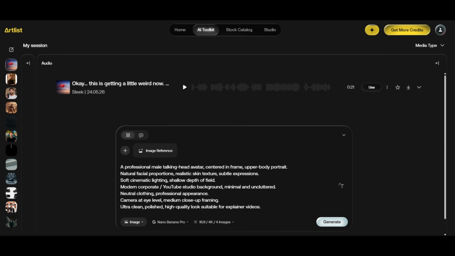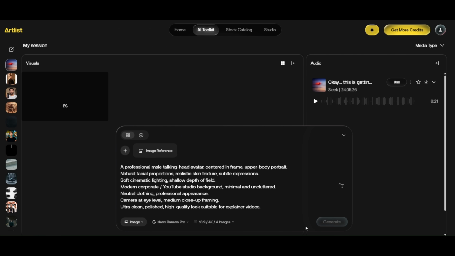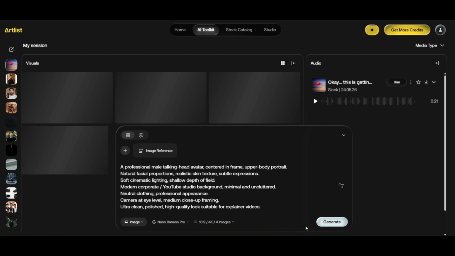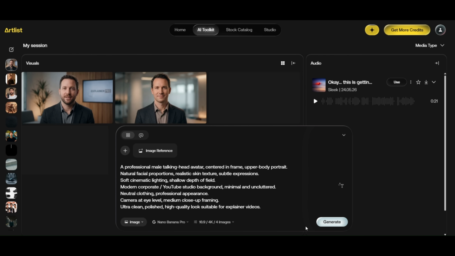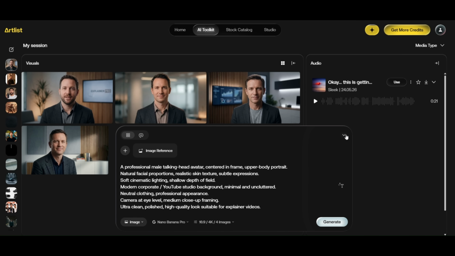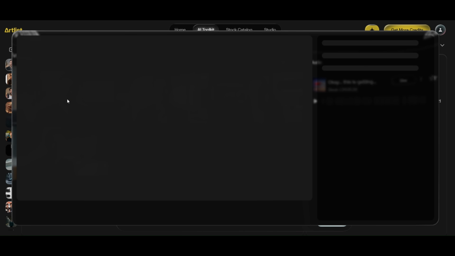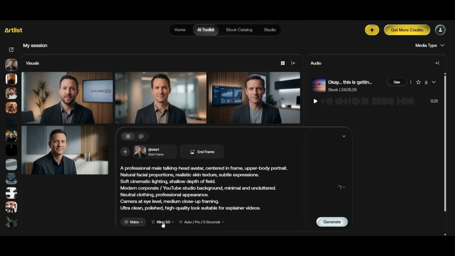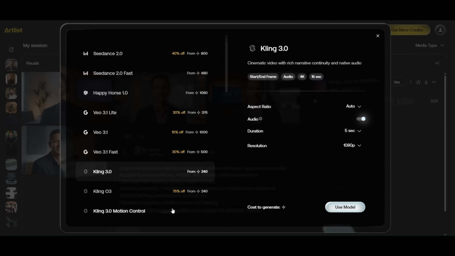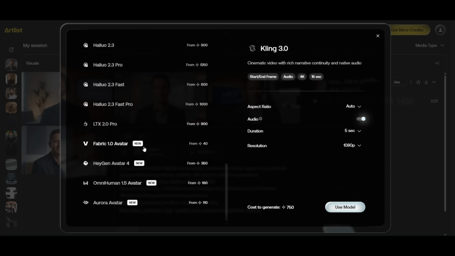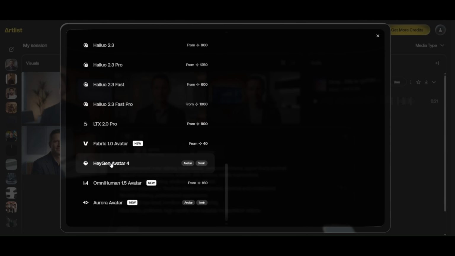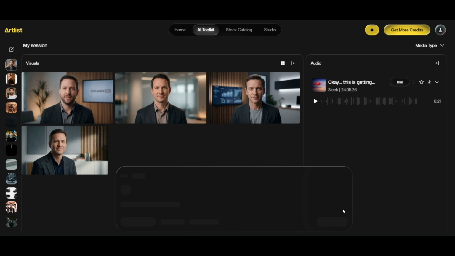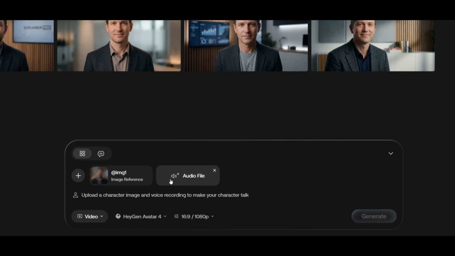I also want to switch the resolution to 4K, because generally, the better the input image quality is, the better the final AI avatar output will look. And as you can see, we now have 4 different AI avatars to choose from. So I'm going to go with this one. Now we can switch back to the video section, and here you can select any AI avatar model you want. For this example, I'm going to use the HeyGen model. I already have my audio file ready as well. So now we simply upload the image and the audio file, click Generate,